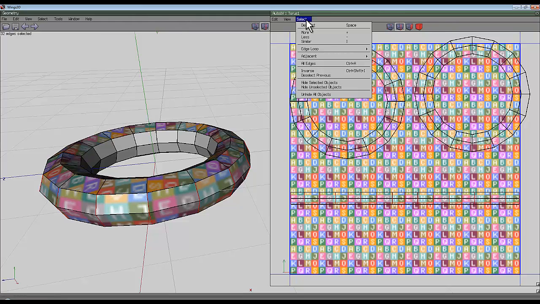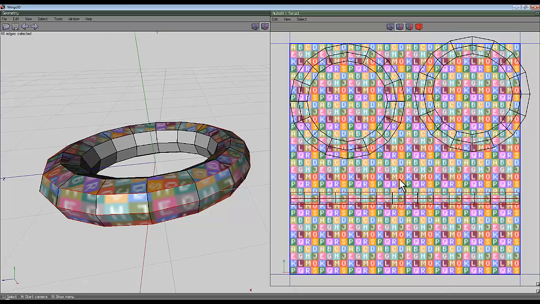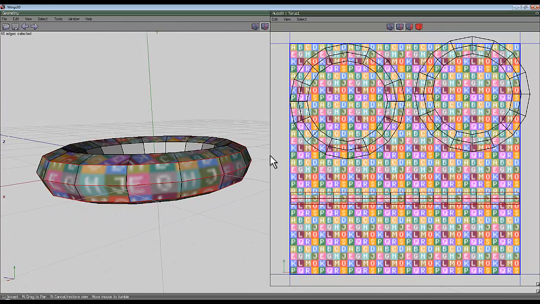So if I go select and inverse and then distribute horizontally, okay, that distributes those lines out. Now I keep getting that wrong, and like I say, I'm no UV mapping expert. This is just the fact that I've done so much of it in the last few days. I want to make some videos so I can recall at a later date what I did. So there you go. Now those are all distributed nicely and evenly, which means that the map won't have that